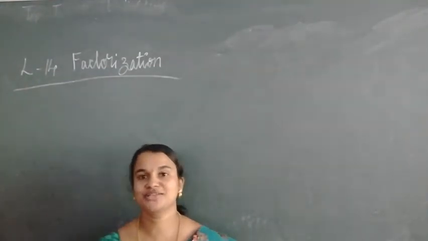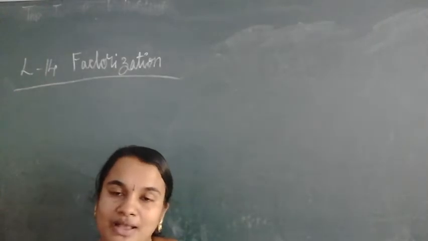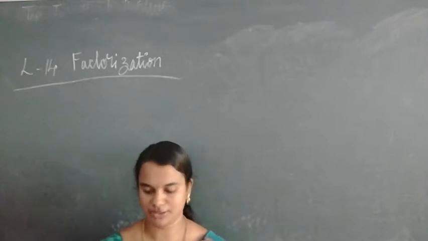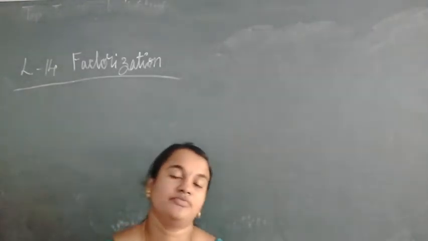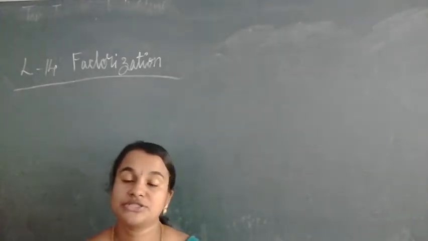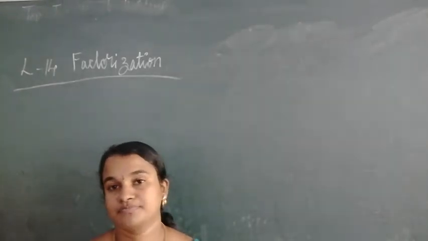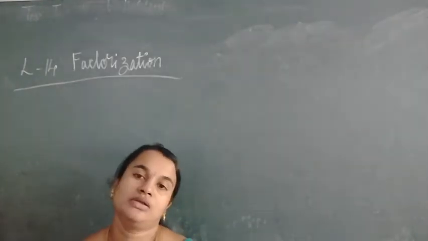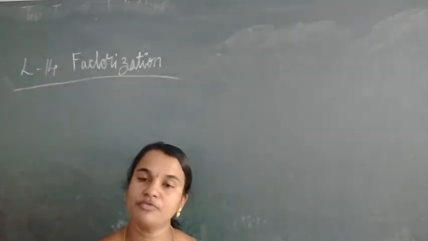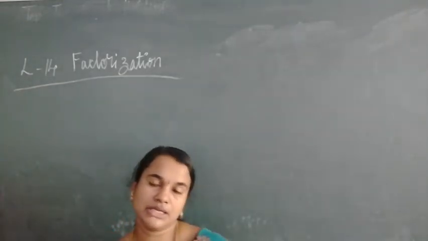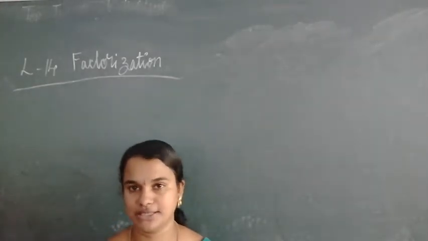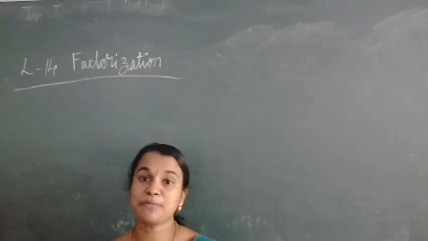Today we are going to start a new chapter, that is factorization. Factorization is a very easy chapter, where only the HCF we have to find out. When we are finding the HCF of monomials, it is the HCF of the literal coefficient into the HCF of the numerical coefficient. Here, whichever part is common, we will take it out and keep the remaining as it is. That is the factorization. We are bringing it to the simplest form.